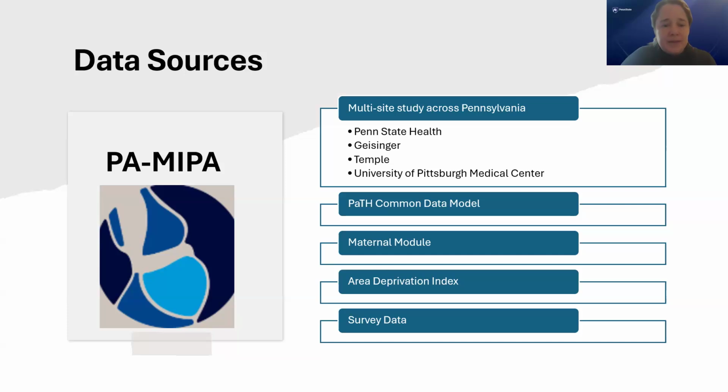And then we've also taken the CDM data and matched it with area deprivation index by the census block group. So we were able to pull that variable and match it by census block in order to get neighborhood effects. And finally, we had a sub-selection of people from our larger EHR cohort across the state who were recruited into the survey. And so we have survey data on a little bit more than 3,400 women.